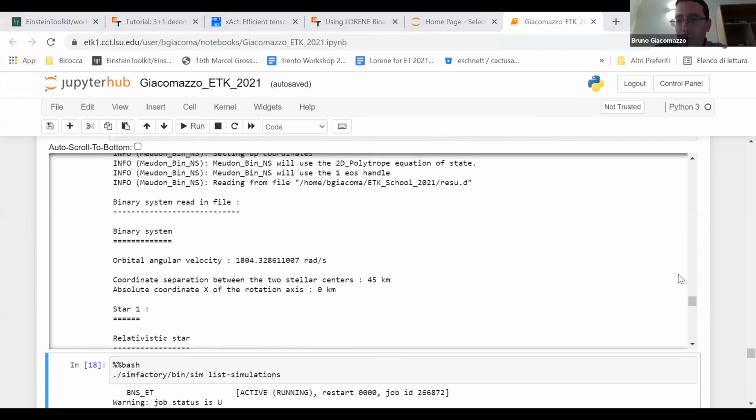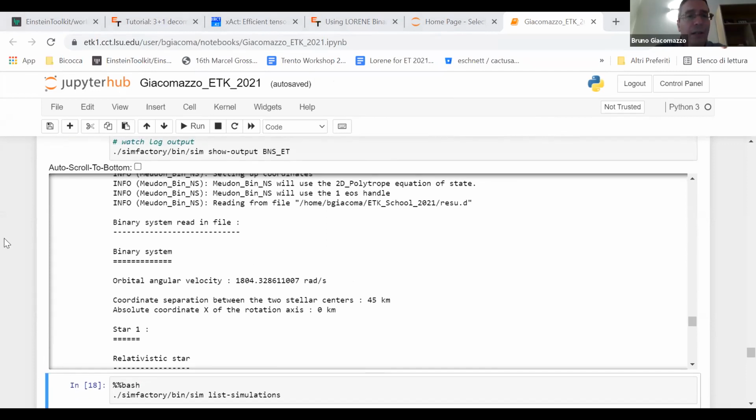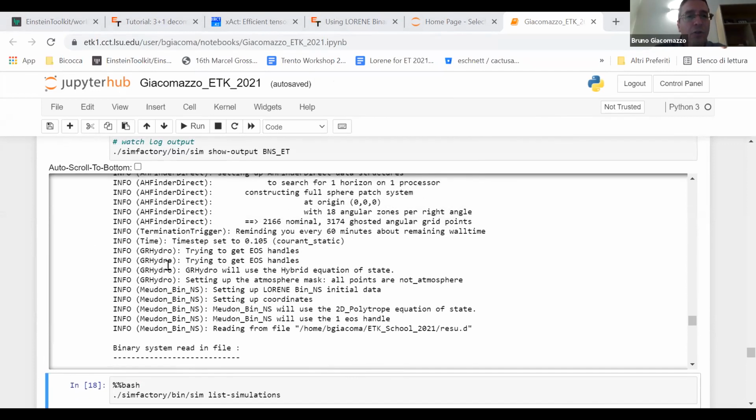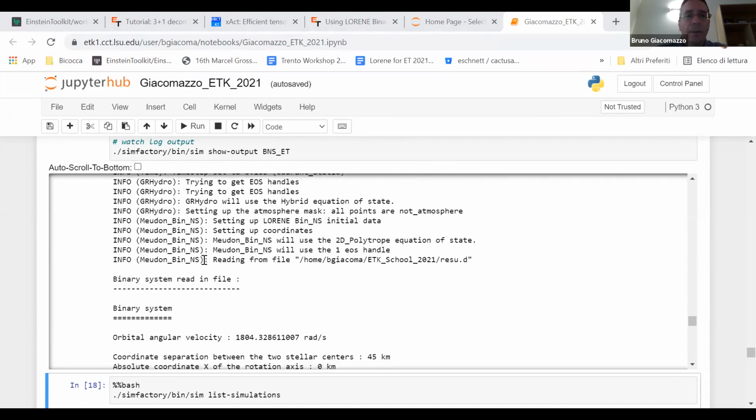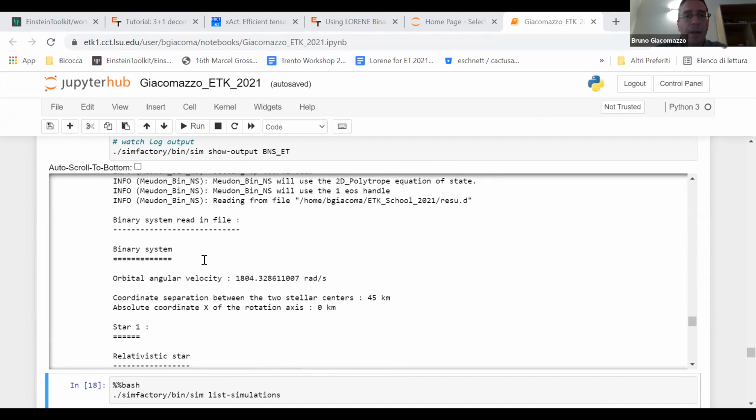Meanwhile, I wanted to show you this. This is the standard output. Cactus usually prints a lot of information. At this point it is printing information, for example, regarding the Bedon_bin_ns equation of state. In particular, it's saying that it is reading from file home Giacomo etk school 2021 result.d as a specified